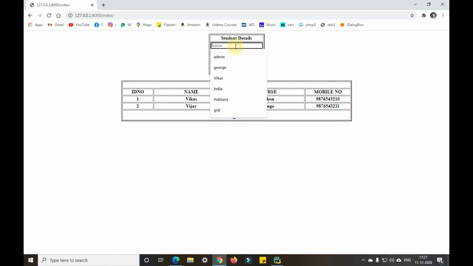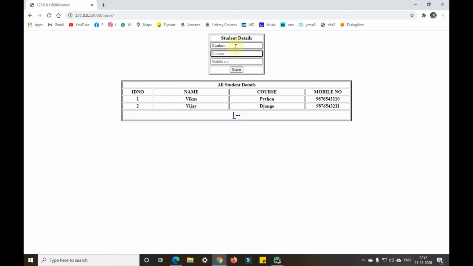Okay, another student as Gautam, React, mobile number as 98765432113222. Yeah, 3222. Save.